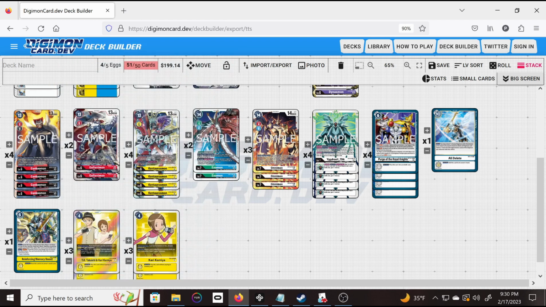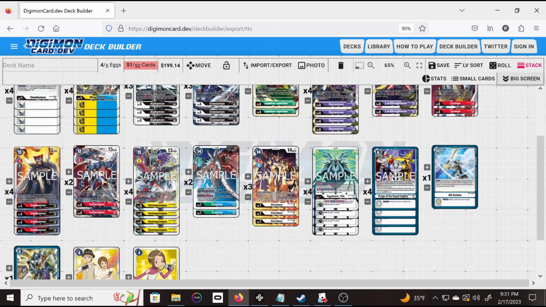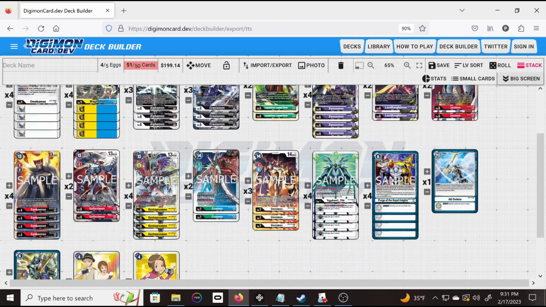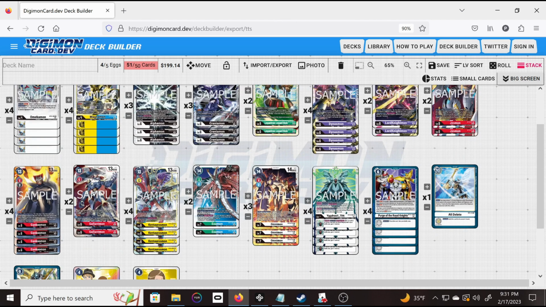So, this will also give you a bit of recovery, so a little bit of a stall out. That's why I have max 4 copies of Magnamon, max 4 copies of Kentorismon, Yellow Tamers, and Reinforcing Memory Boost. I could also add something like Wyvern's Breath, but I felt like it was overkill. Most of the things in this deck are going to be able to deal with most of your opponent's board